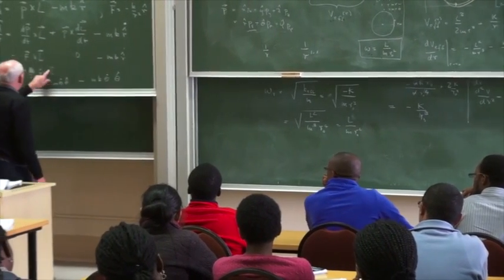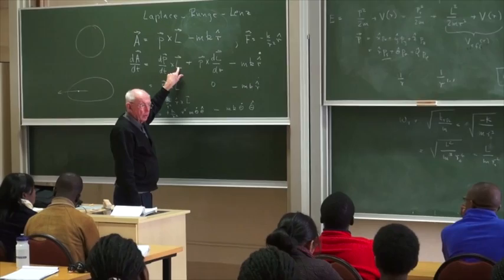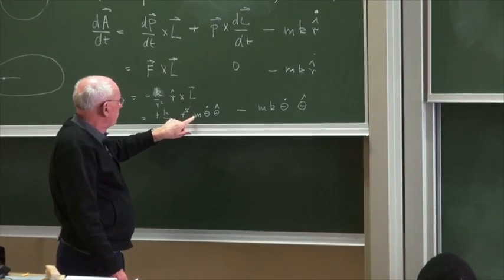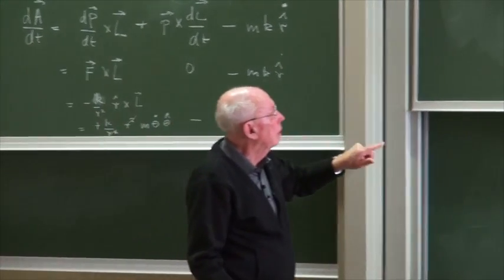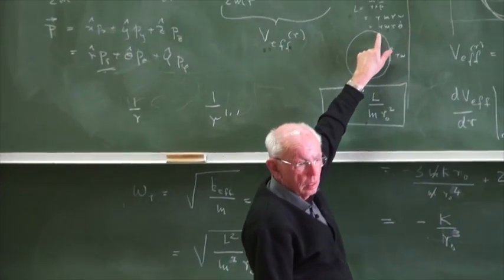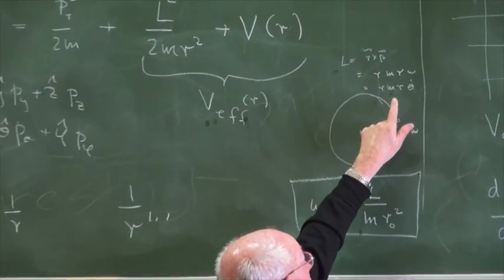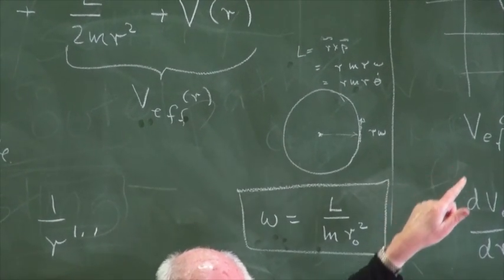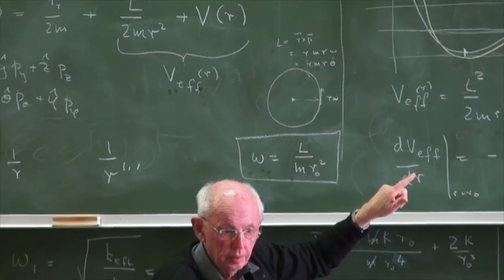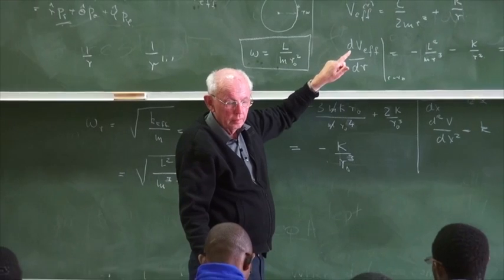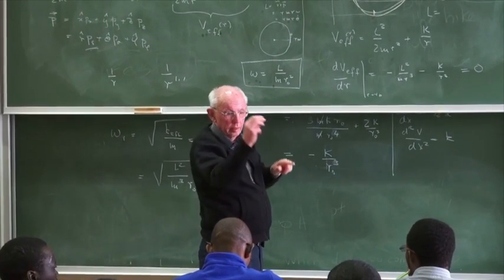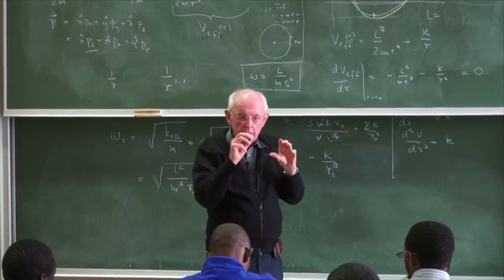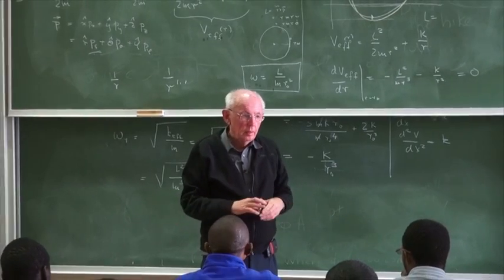How do I get it? It's there and it's there. How did I get this? I used this result, R squared m theta dot. And I know it's showing out of the board if I draw my movement in the board. So, and that L is something I picked. I remember I picked an L that gave me